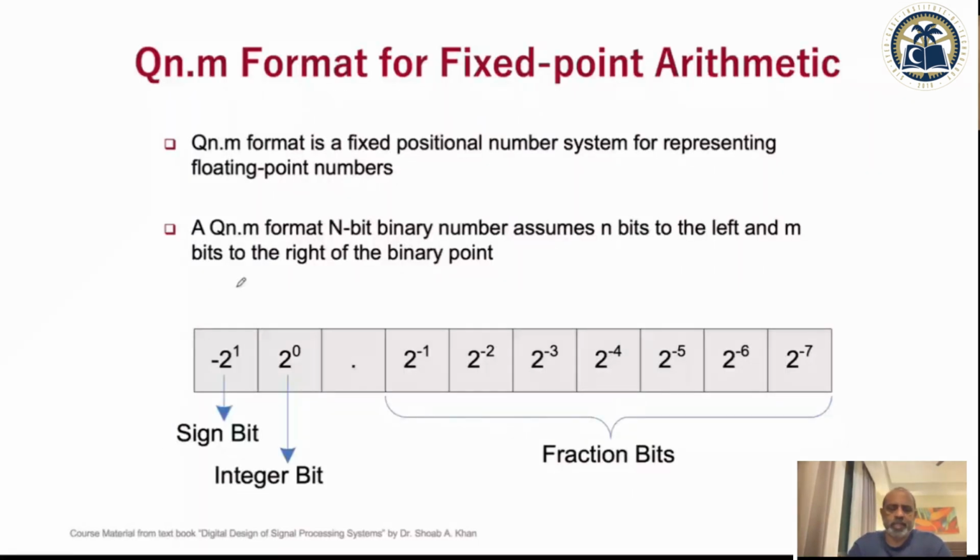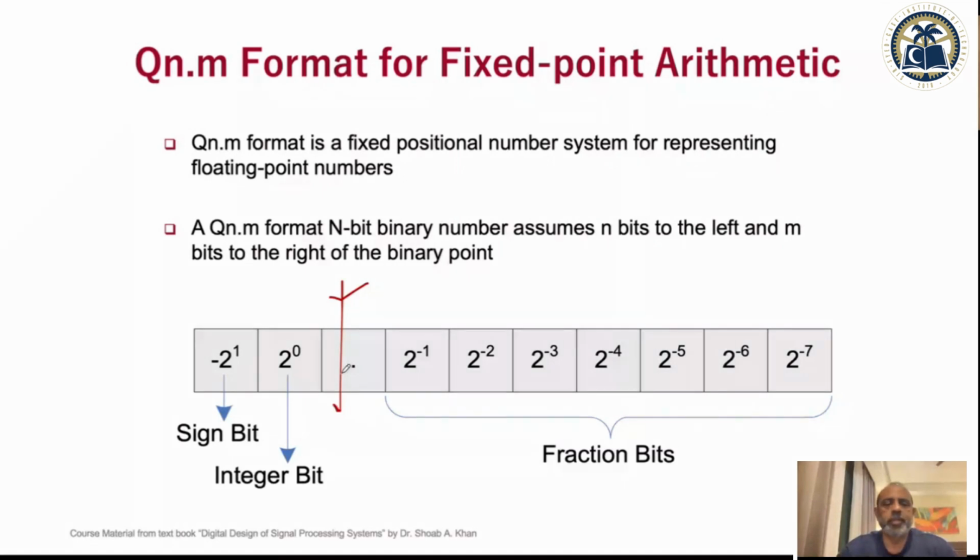Fixed point is where you say, I cannot handle that type of complexity. I just want to multiply numbers, get an answer, add, get an answer. I am not going to check before adding whether both exponentials are the same or not. There is a lot of complexity in addition and multiplication. So you say, what if I fix the place of the decimal and then make the number an integer? I remember that there is actually a decimal, and I ensure every number I'm adding has the decimal at this location, because that's how I have converted a number into a fixed point format.